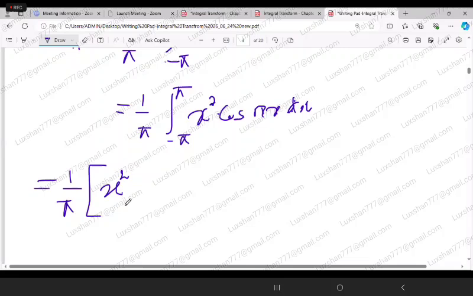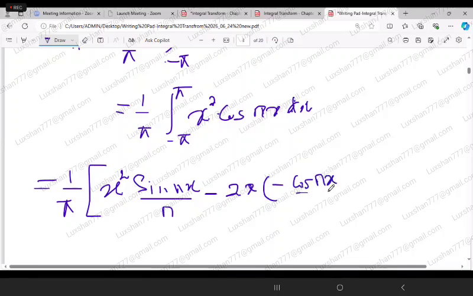Can anybody tell me what is the integration of cos nx? That is sine nx by n, minus the derivative of this one. So the derivative of this one is 2x, into the integration of this one. So what is the integration of sine nx over n? That is minus cos nx over, already we have n, so that becomes n squared,